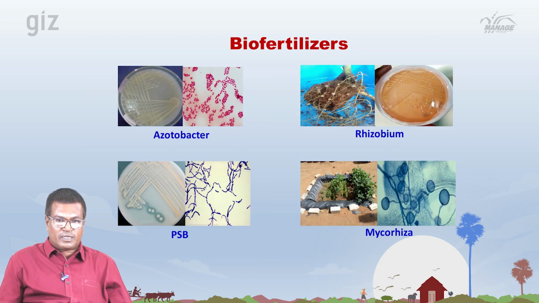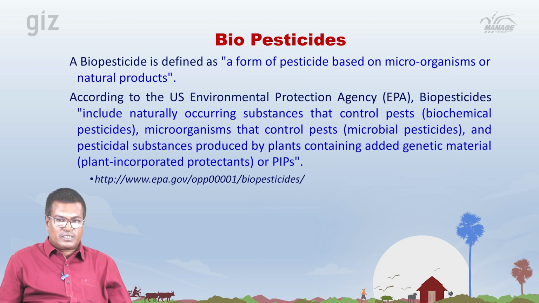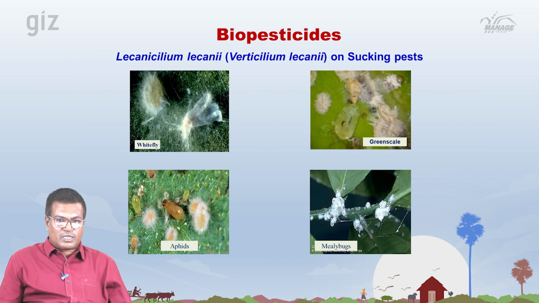Azotobacter and Rhizobium are the nitrogen-giving biofertilizers, and PSB and mycorrhiza mobilize phosphorus. These are biopesticides, a form of pesticide based on microorganisms or natural products. So these are all examples of